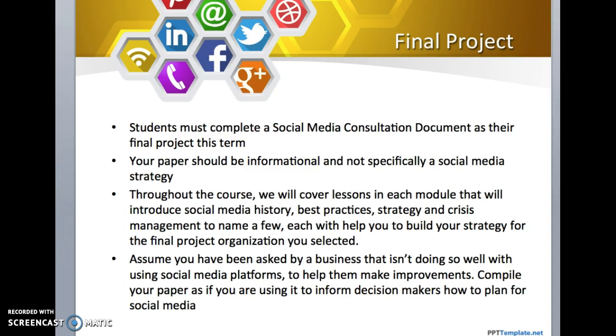I tell students to think of it as you'll be able to go to the owner of the company, the board, or executives, and suggest ways to, one, improve what they may already be doing on social media, or if they are not on social media, to explain to them why and ways that they can use social media inside of their marketing strategy to communicate with customers, followers, or potential customers. So it's more informational than strategic, the project is.